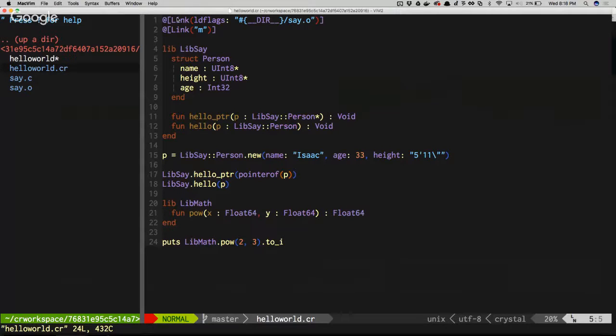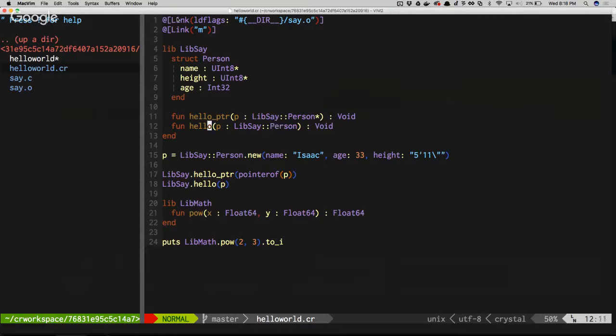Now I'm defining the same struct here so that I can pass it as an object back and forth. I'm coming down here and saying, here's my C function, hello pointer. This is a variable from my type that it takes, which is a pointer of LibSay person, and void.